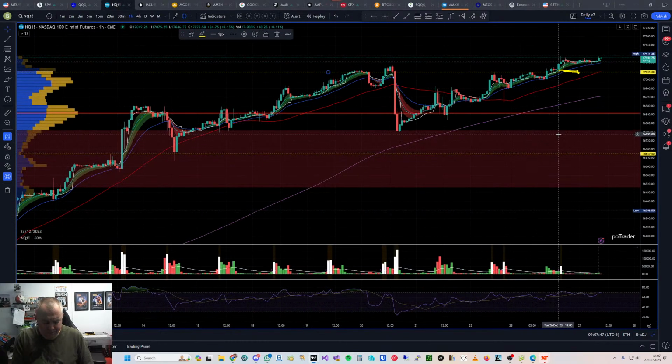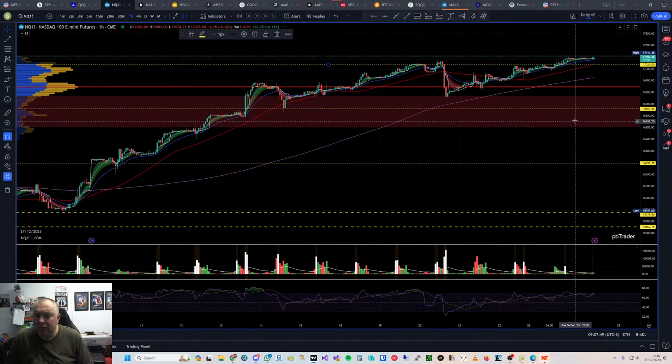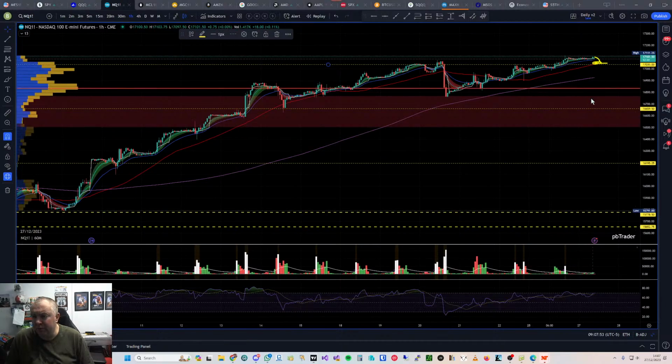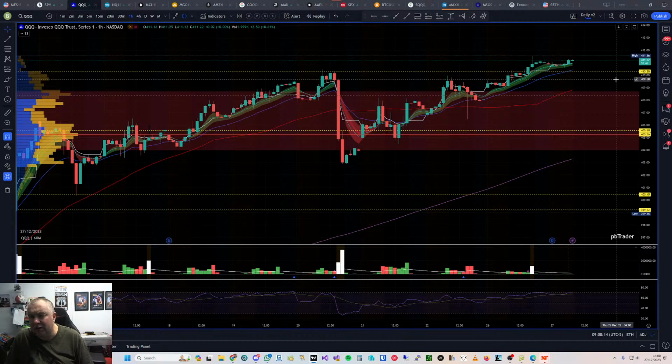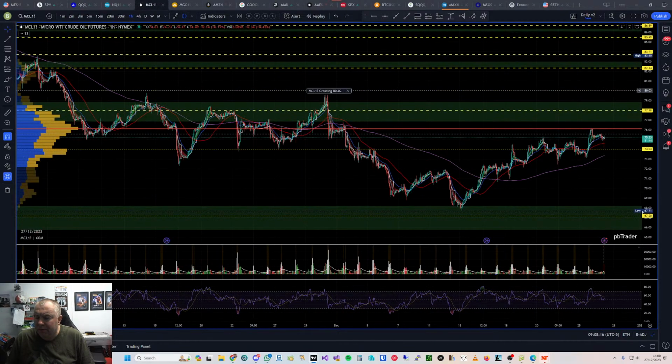NQs, similar to Qs. If we pull back down off the 50 moving average, so 17,000, a round number, a psychological number, 17,035 for a bounce, or maybe a break above this area, and or break and retest of this area long as well. So what about Qs? Not quite the same consolidation, but we could watch this area for a bounce or a break and